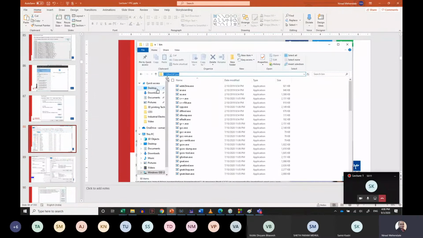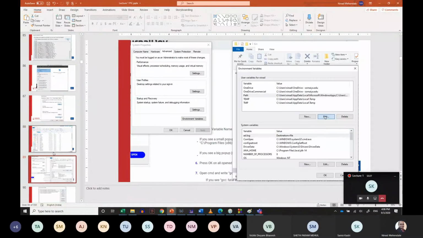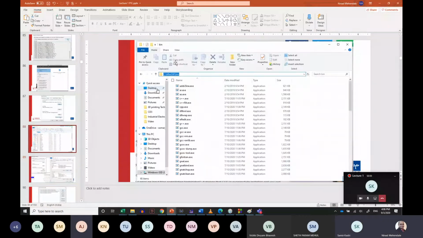Next thing, most of you have followed the default installation of MinGW. So your compilers will be available at C drive mingw/bin. You can copy it from there. And once you copy this particular path,